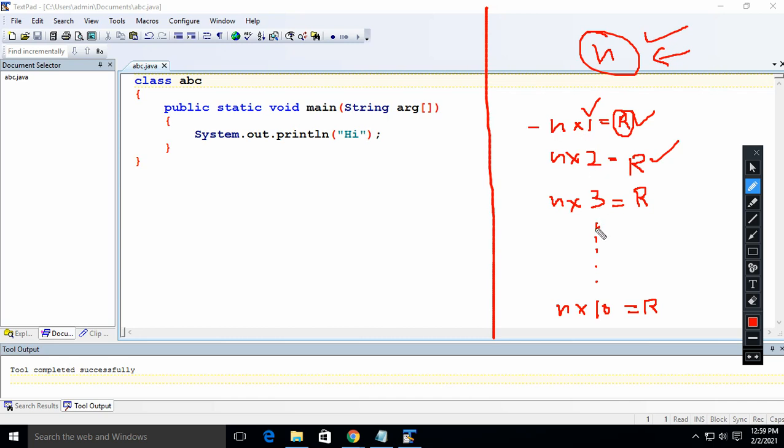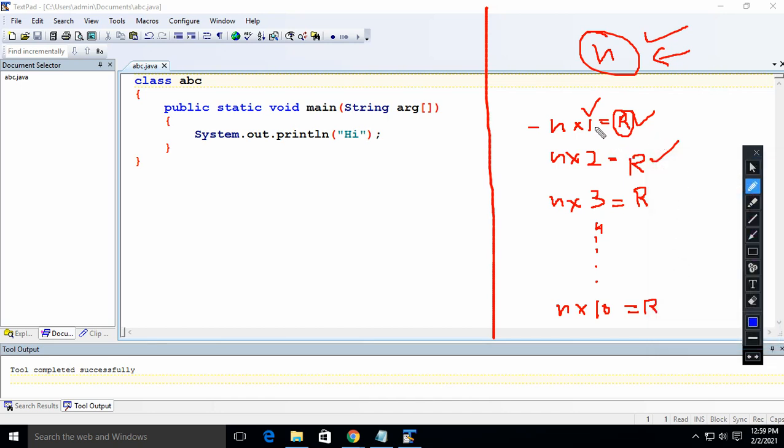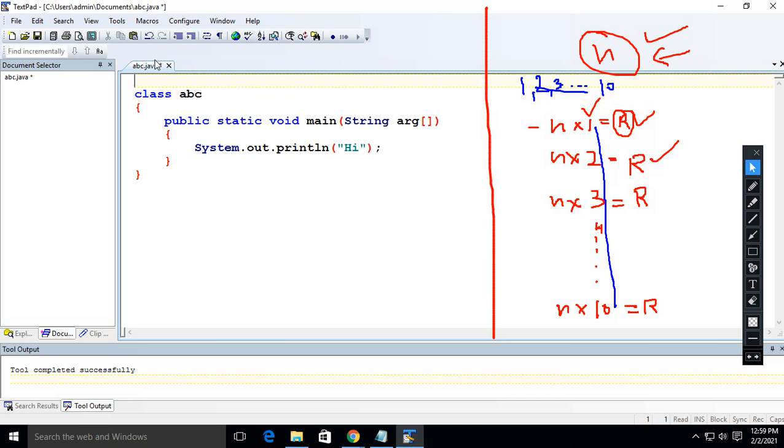So what are these? Who will tell? Chaitanya Singhal. Yes, these are the natural numbers. That is why, please try to understand, we are supposed to generate a loop from 1 to 10 for the natural numbers. What do you mean by natural number? That means after 1 you want 2, then 3, till 10. So how will you write that? Let me show you this.